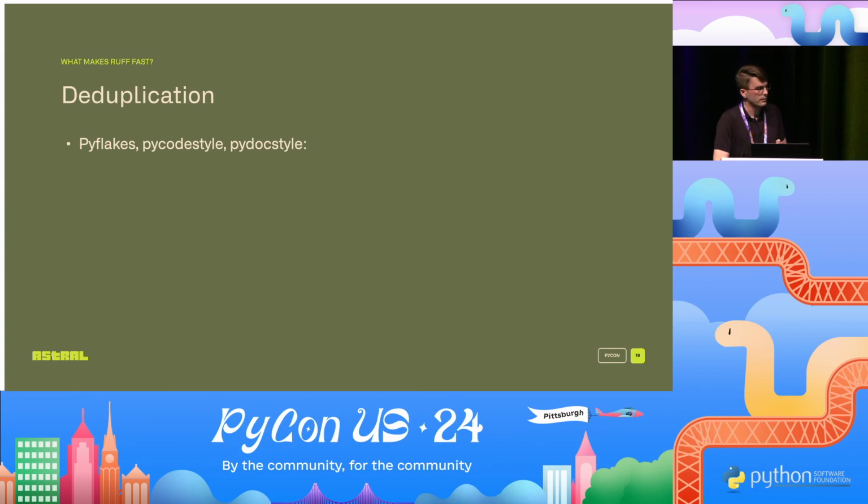PyCodeStyle is mostly a PEP 8 compliance tool, so it's looking at code style. And PyDocStyle is looking at whether your docstrings adhere to the standards: do you have all the information in them that you want, and do they follow the standards? So if you run each of these three tools on your code,